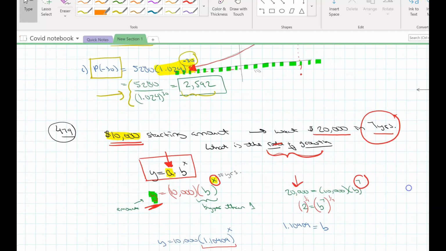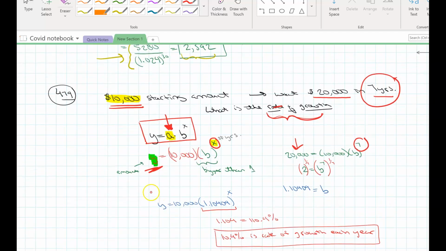And Morgan, remember doing this? We divided both sides by 10,000. Look at the green here. We have 2 equals b to the 7th. And this is where Morgan had said, take the 7th root of both sides. That's absolutely correct. But you also know taking the 7th root of both sides means raising both sides to the power of 1/7. And we get b is